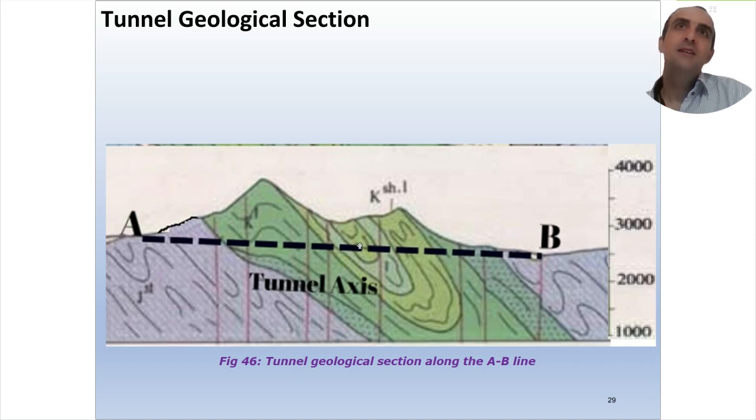But if it goes in the lower levels than the water table in the karst aquifer, it is so susceptible to a bad scenario, and some precautions should be thought about for encountering karst cavities and karst conduits that are full of water and in high pressure, and the engineer should consider a lot of precautions and a lot of detailed studies to decrease the potential hazard.